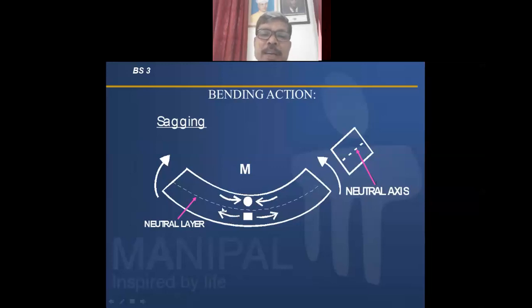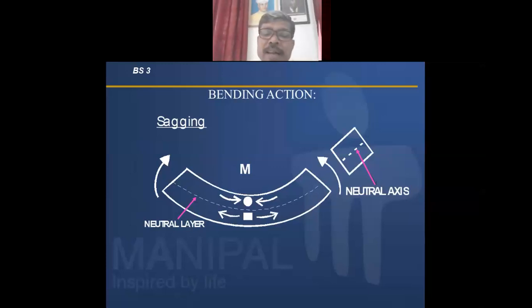So in the middle part, in this dashed line, it never contracts and never expands. That's why it is called the neutral layer. That is the assumption made by Bernoulli, that plane sections remain plane before and after bending, or in other words, it will be normal to the neutral axis. So here in this case it is forming compression at the top, and at the bottom there will be tension. Means the particles going away from each other is called tension. If the particles are pressed by some force, that is called compression.